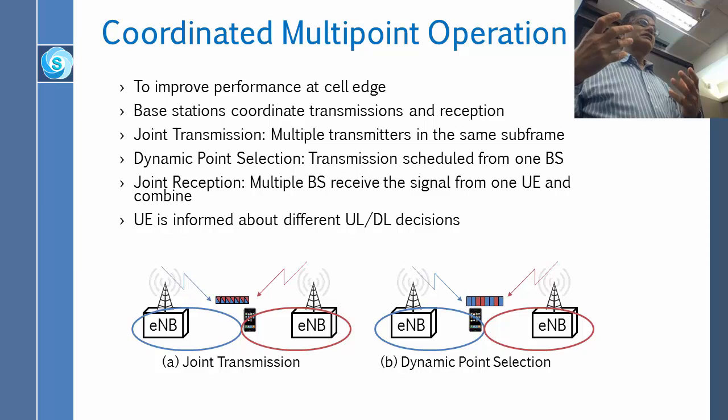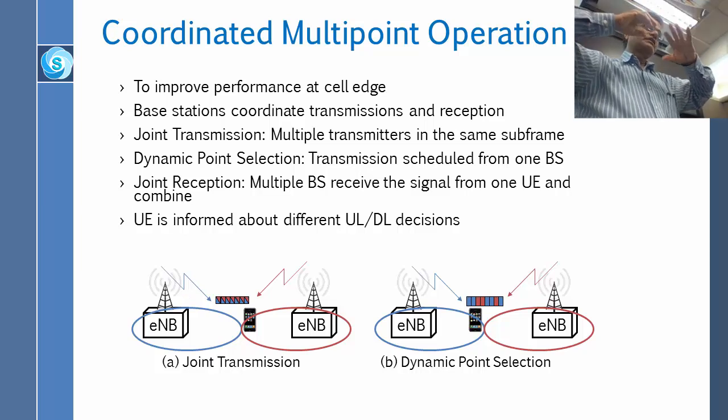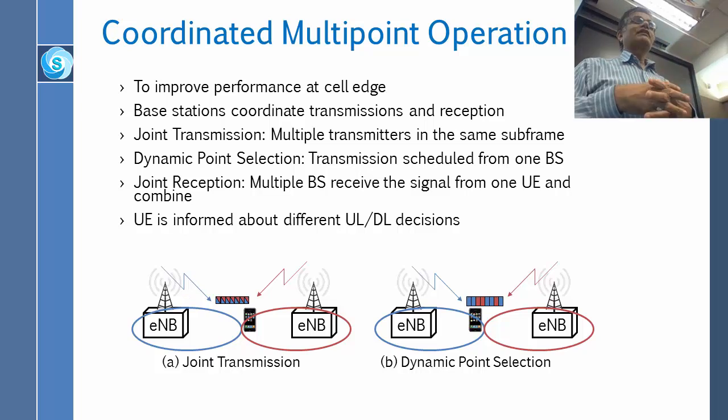So that is joint transmission. Two base stations are transmitting the same signal to the same unit, so it is getting two copies, and somehow is able to distinguish between the two copies